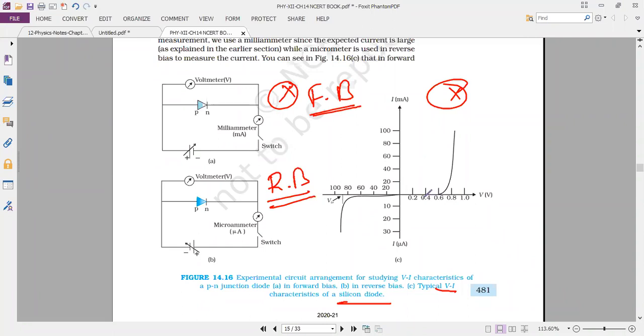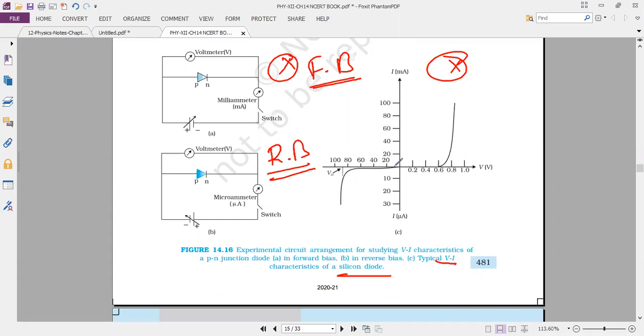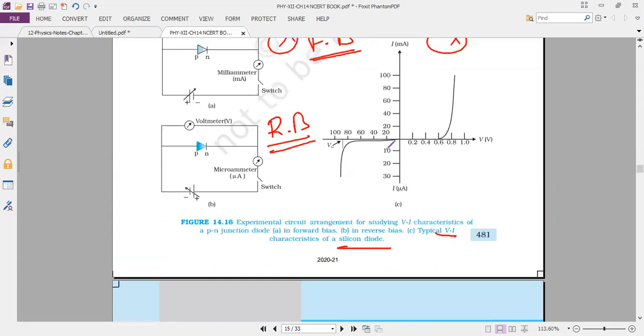So graph work completed means again related to graph. See here, voltage is 0.2. There is no difference for the current between 0.6 to 0.8. That means at 0.7, suddenly the current value is increasing. It is also linear. Next for the reverse, minus 20, minus 40, minus 60, there is no difference. But between 80 to 100, around 90, at this time suddenly the current value is increasing. But also negative, minus 10, minus 20, minus 30. That is the breakdown, reverse saturation current. It is called as breakdown voltage.